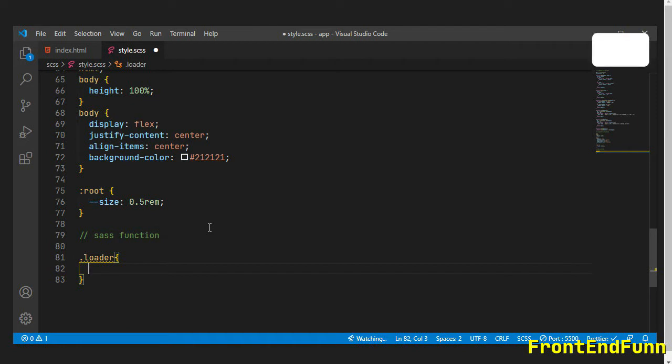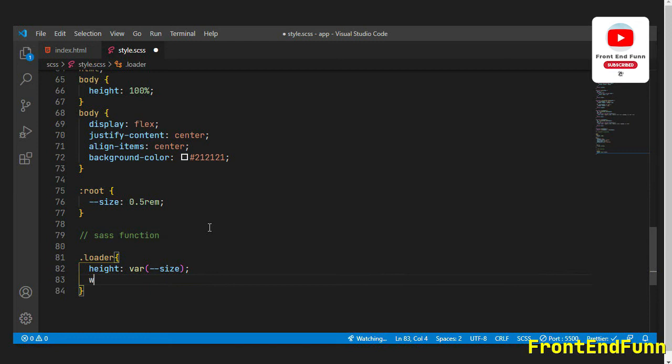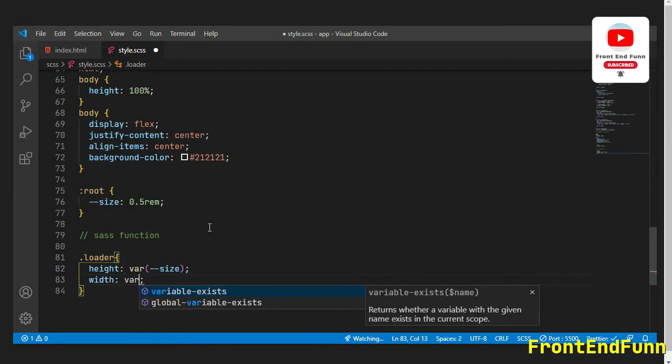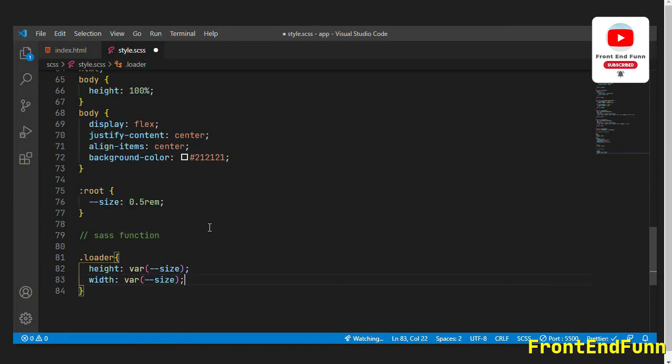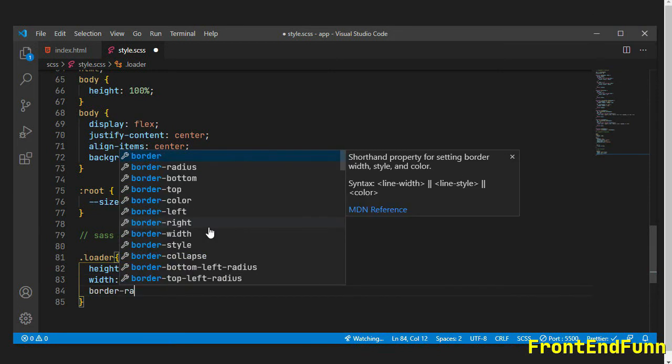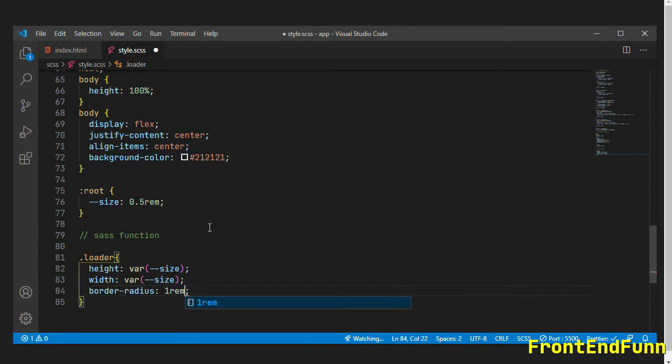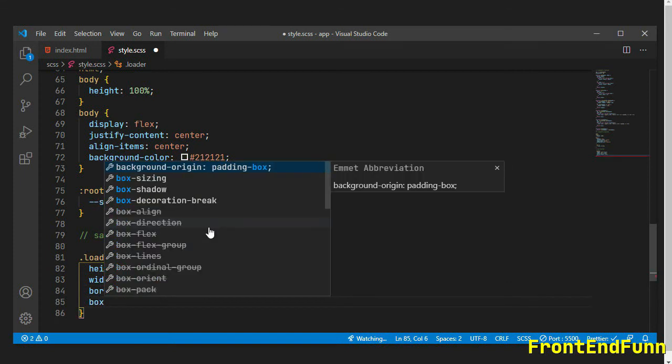So I'm targeting the loader. Let's give it a height of size and also the width of size, and set some border radius, so 1 rem, and we'll add some box shadow.